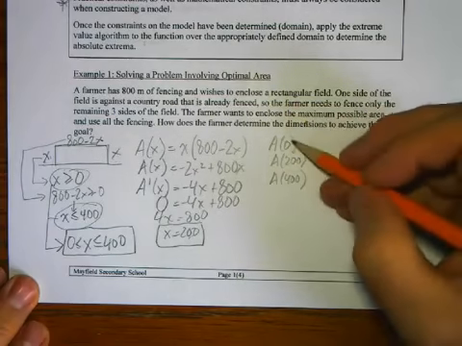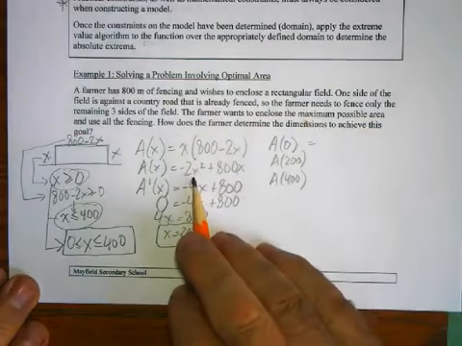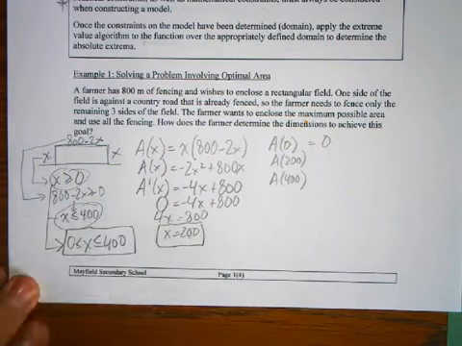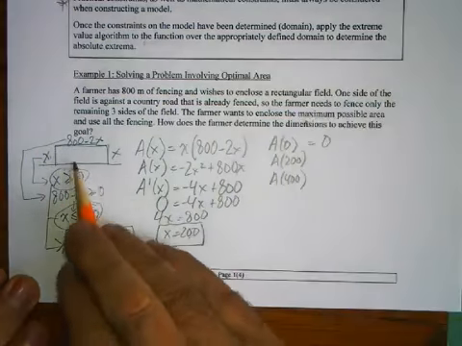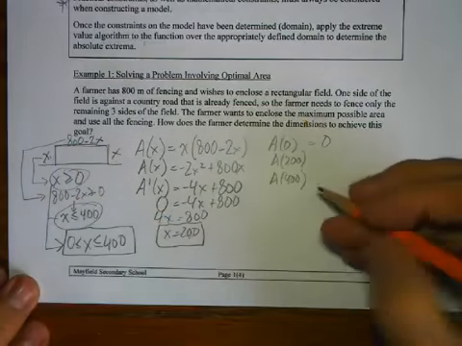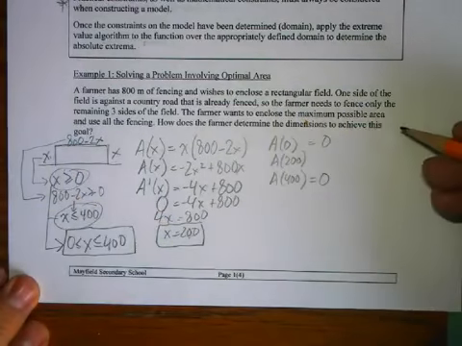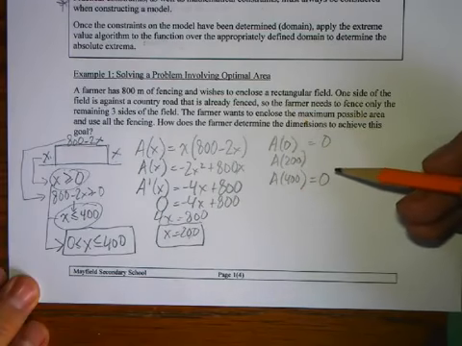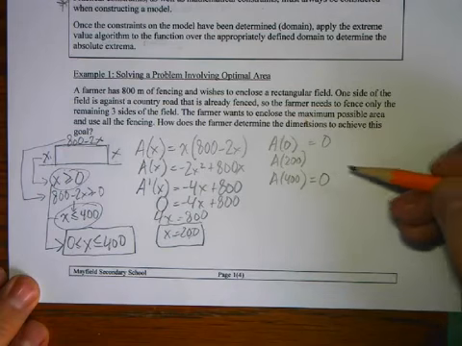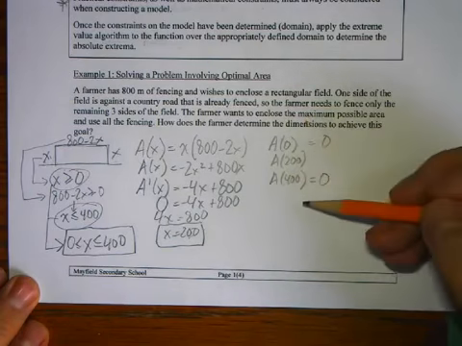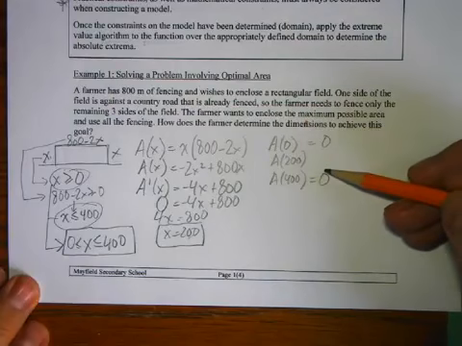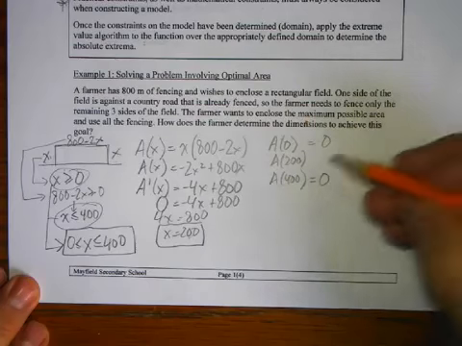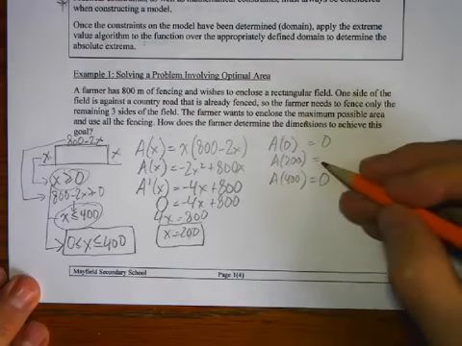Okay, now when you do this, plug in 0 here, we're actually going to get no area, because that makes that one dimension 0. And we get the same thing for 400, because if 400 is plugged in, this side becomes 0. So you're almost thinking, well, why did we even bother with these points? Well, in this example, it didn't really matter, but in many examples, you may find that one of these interval endpoints is the local min, or the global min or max for that interval. So we still have to go through the routine of checking them.